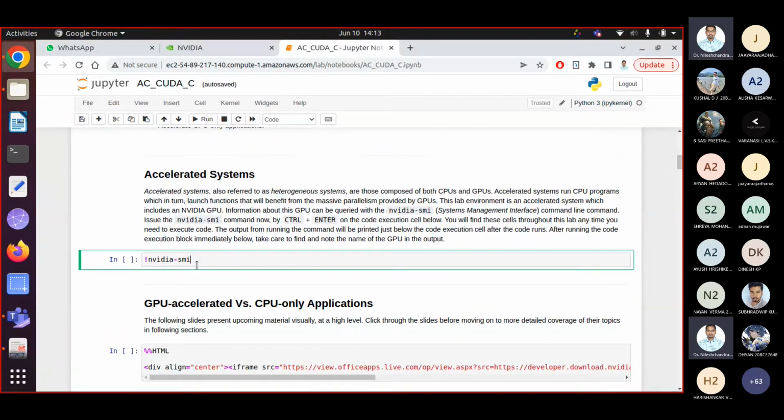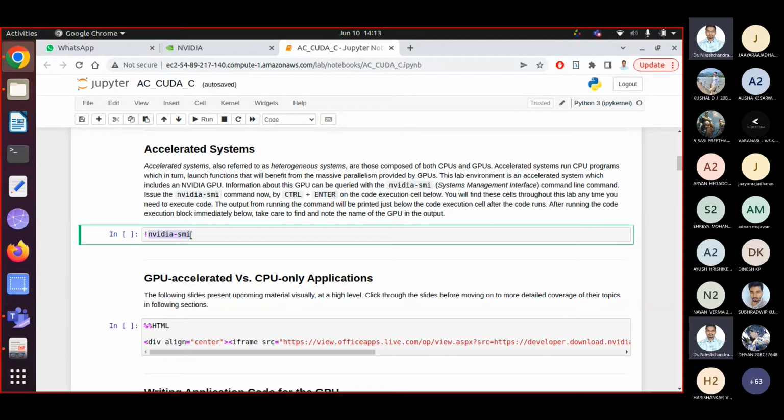Now, let's say you want to find out which GPU you are working on. There is a command nvidia-smi. But before that, you have to use this exclamation mark, which means that this particular command is an operating system related command. That means you are giving a command to the operating system.